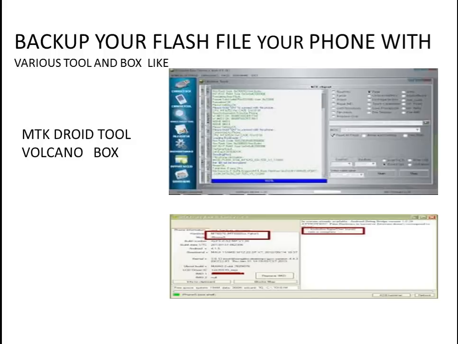One is for Android MTK, and another one is for Piranha Box, and how to use Piranha Box without a box. You can use Piranha software freely after watching my video. So watch those videos for backup of your phone.